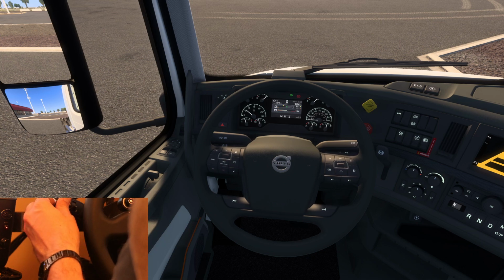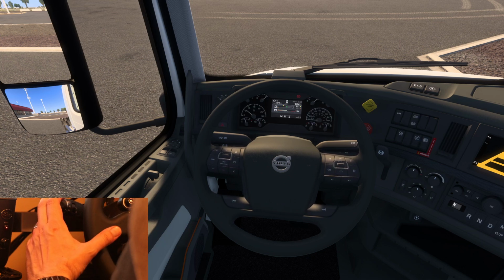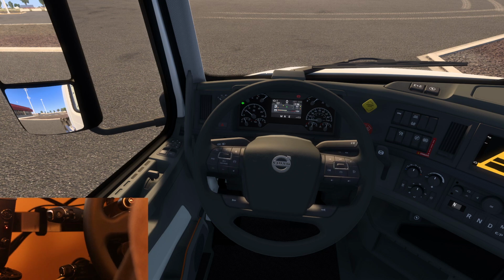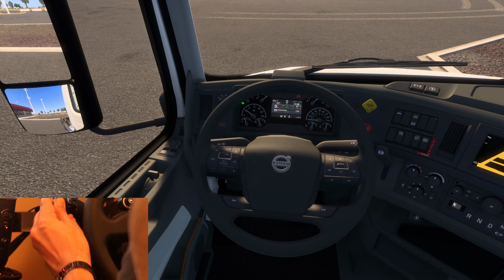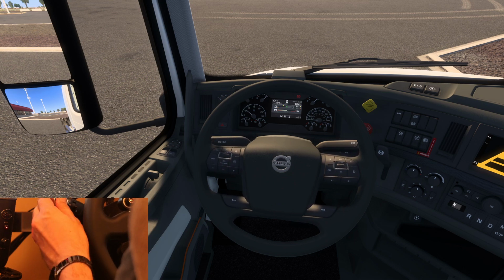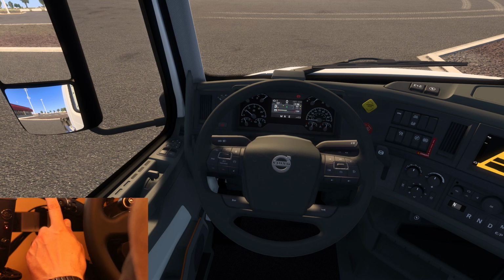And with the turn signals, you'll see if you try this in your game, if you just map the controls and you try to cancel it, it will still blink. And on this, it does not. So I've done a little bit of custom controls here, and I'll show you how to do those in the